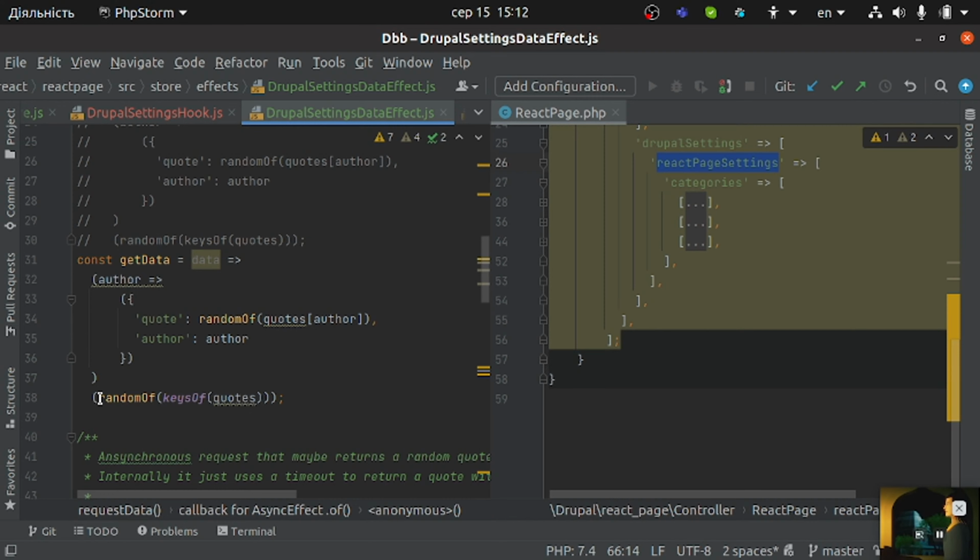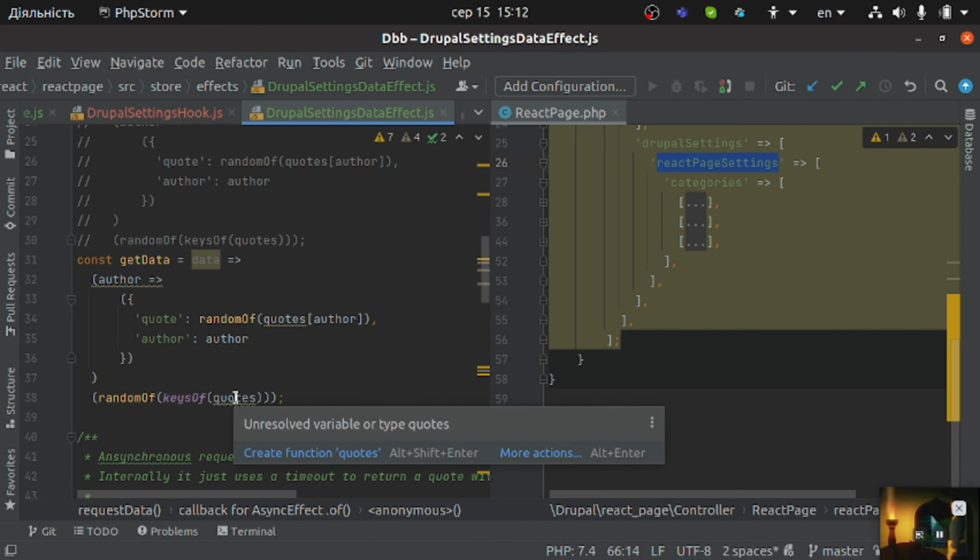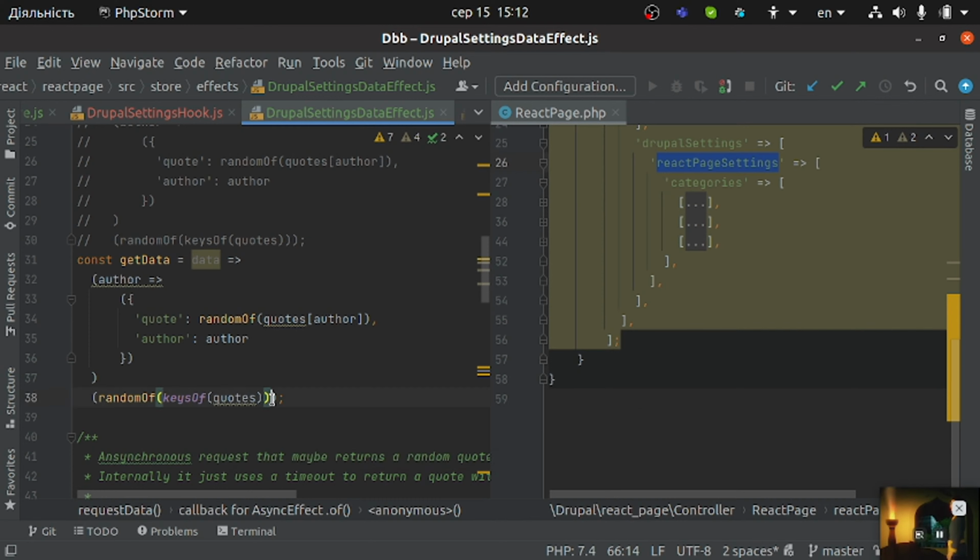We do not need it, we just do. We just no get data data,